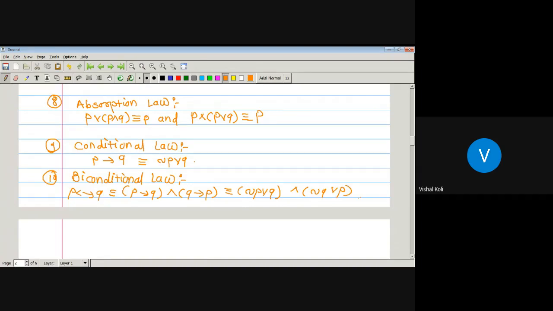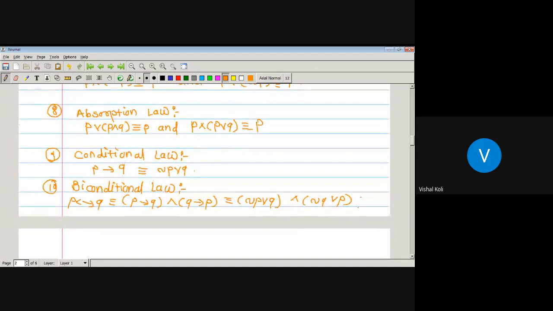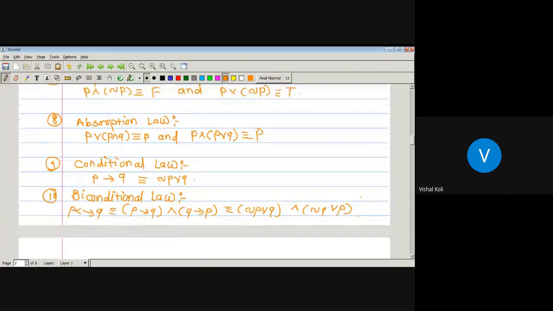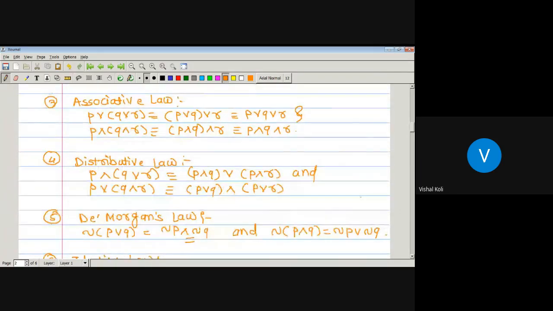So these are the 10 properties of a compound statement. That is, if we have two statements P and Q, or P, Q, R are any three statements which hold these conditions, then we say that if it holds the associative property, then it is closed under association. In this way we can check, and these laws play an important role in solving problems. So we will see some examples depending on these laws.